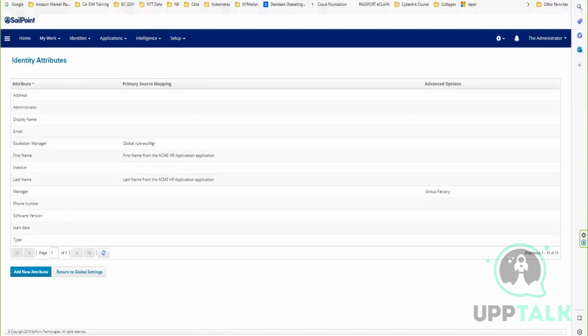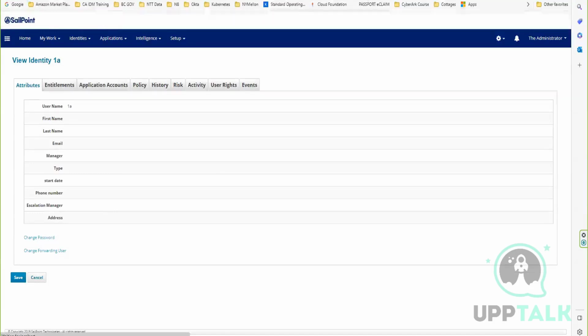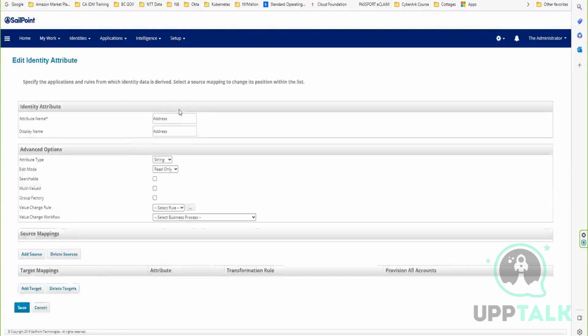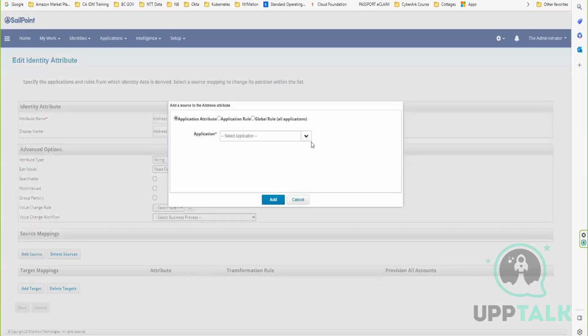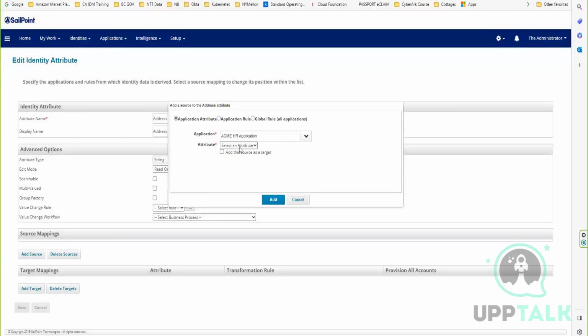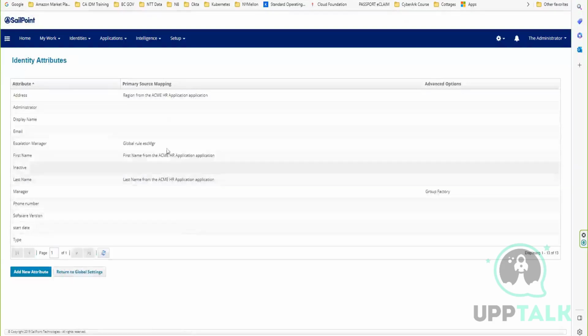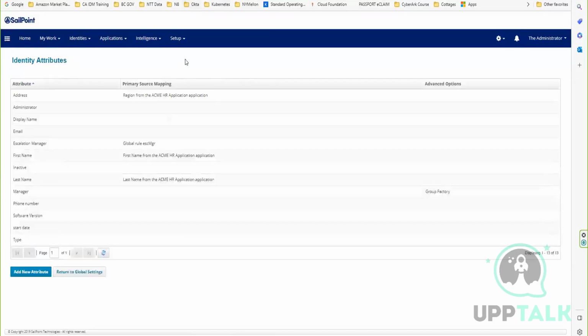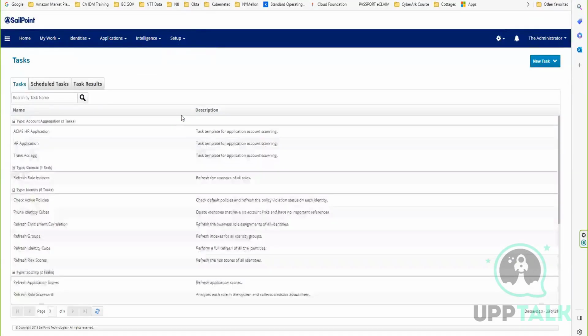It got saved. Now go to identity warehouse, just refresh. It's not appearing here. Why? So we can add address also. From the HR application, select location maybe or region. Click save. Okay, we have updated this attribute, but it's not reflecting here because we have to execute a task. The task name is